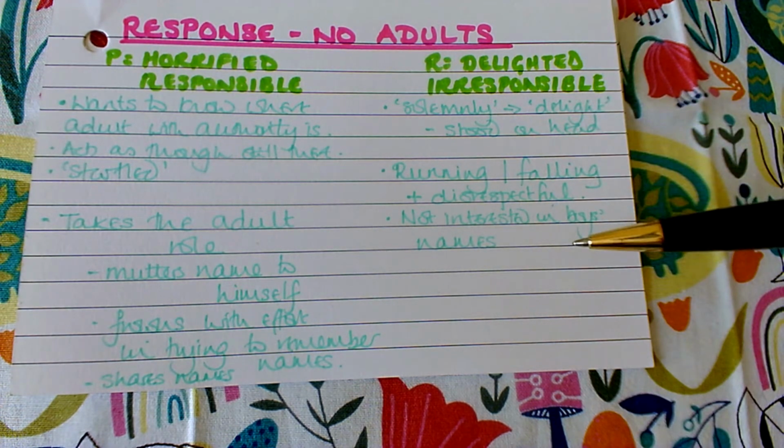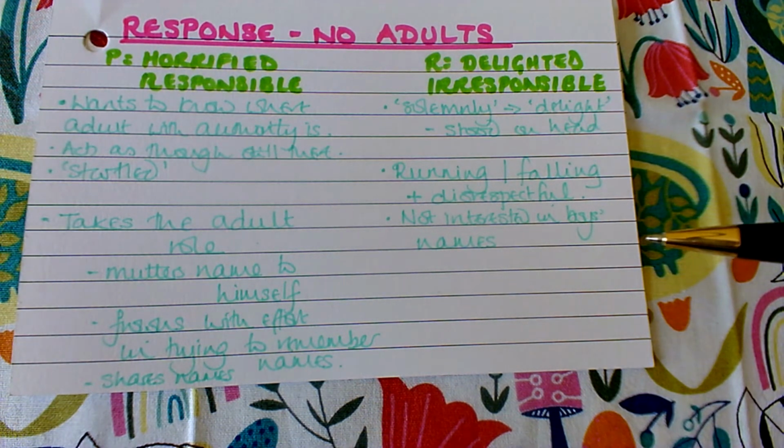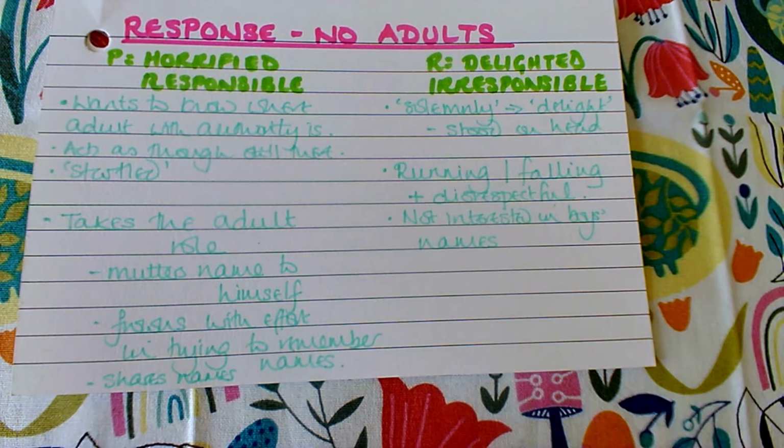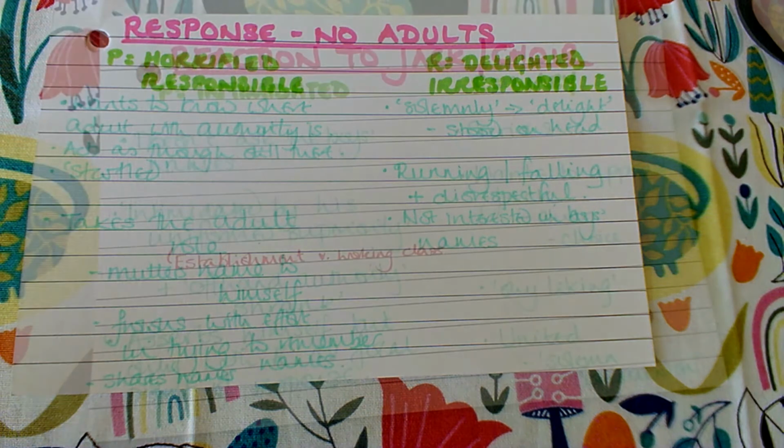And then he seems irresponsible because he's not interested in the boys' names as well. His actions are quite dismissive. When Piggy's repeating the names, trying to share the names, Ralph is doing the equivalent of shrugging his shoulders and saying, "Well, I don't really care. I'm blowing this conch and it's really good fun, and that's all I'm interested in right now." So whilst there would be different points of view on this and different ideas to add, that's a starting point for how their response to there being no adults on the island suggests some differences between Piggy and Ralph.